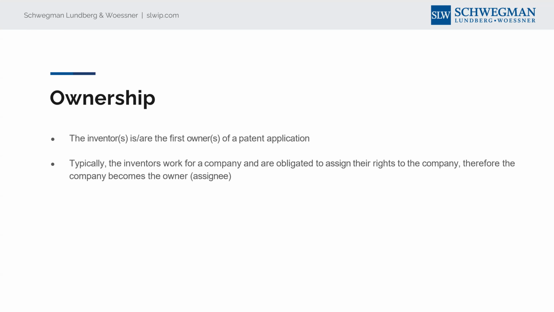This happens sometimes in startup companies that are just getting their feet on the ground. They've got an idea, they want to get it patented as soon as possible, just to get some tangible asset. And then once the dust is settled, they typically try to get it assigned to whatever entity they're forming or are planning to form.